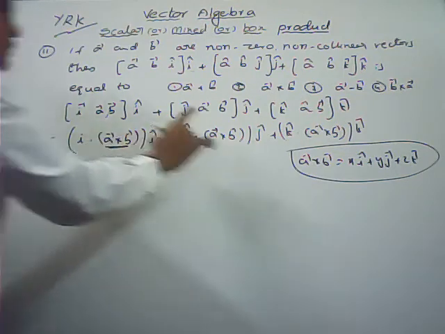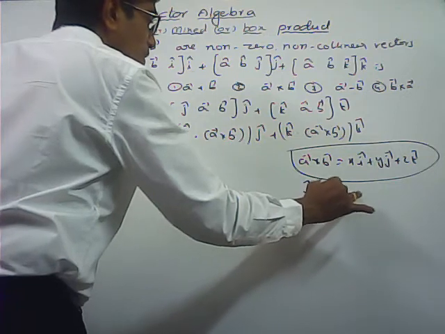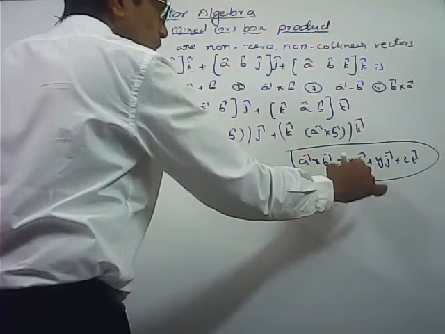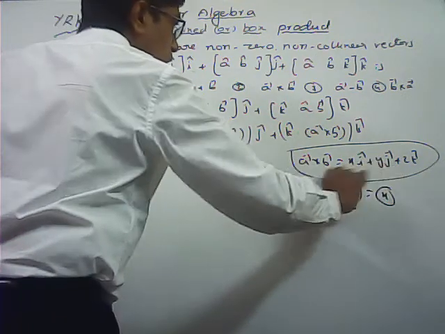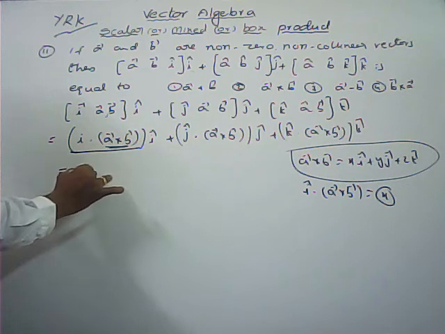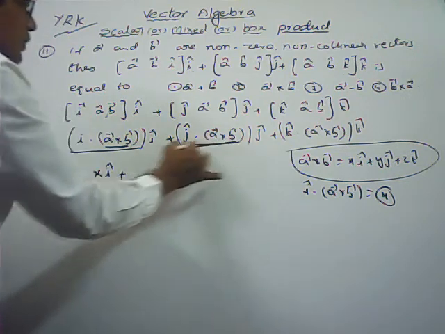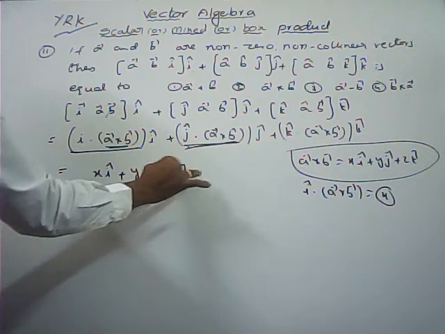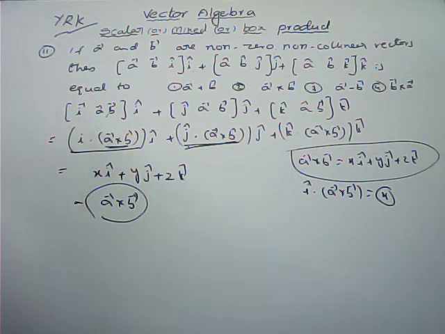Now dot product with I cap dot a bar cross b bar. How much we can get here? I bar dot I bar square, that is 1 only. X only we are getting. I bar dot j bar 0, I bar dot k bar 0 only. So here we are getting x into I cap is there. So here the dot product of these two we can get y into j cap plus z into k cap, that is nothing but a bar cross b bar only. So here that is the second option.